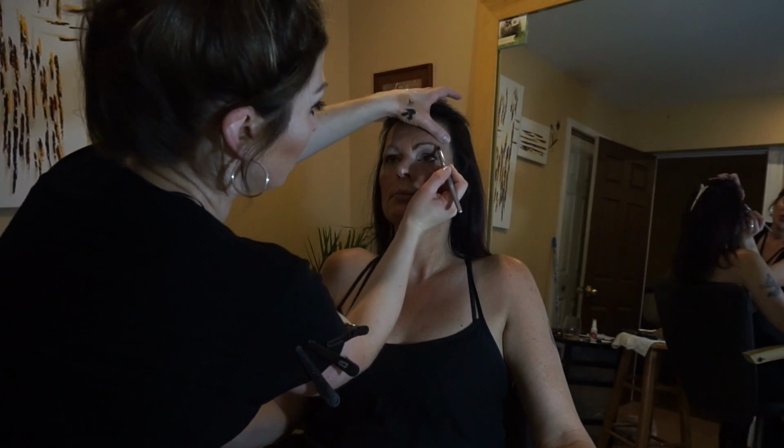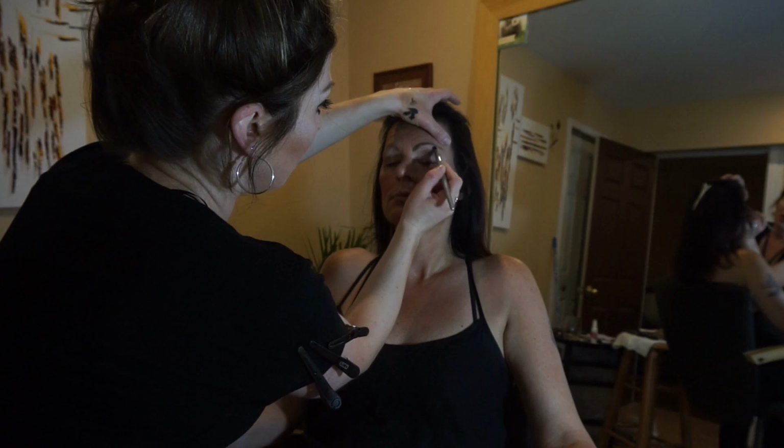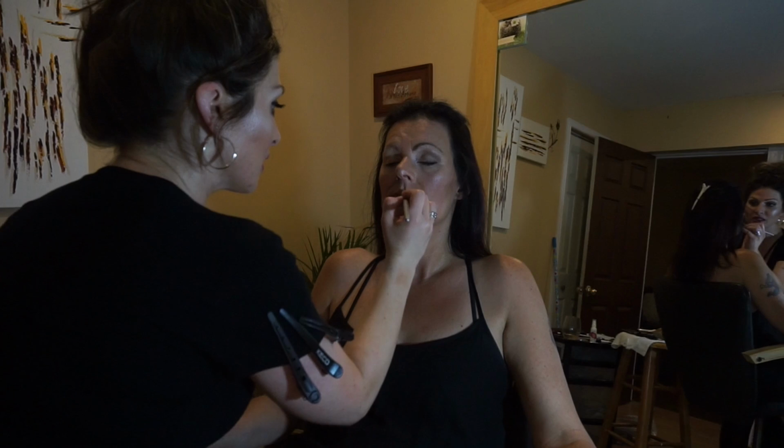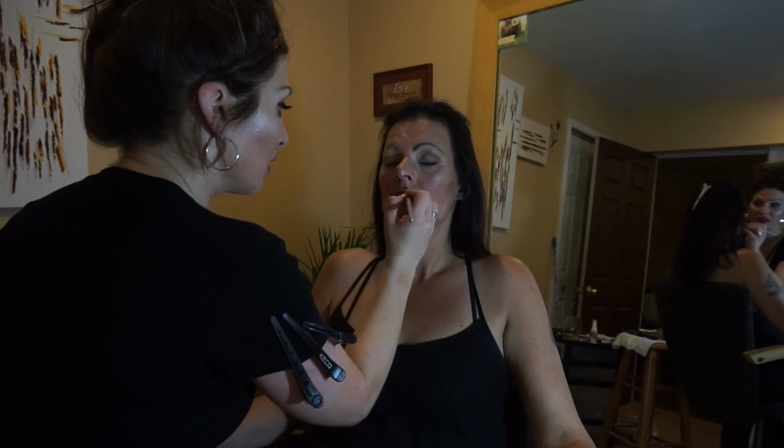So this is where I'm going to start with my liquid glow, and this here is a really nice liquid highlighter. It has a lot of benefits. I'm going to go ahead and use this with a concealer brush, only reason being I'm going to apply it to more than one place. Focusing here again under the brow, I really want her eyes to pop, but without adding too much color. The liquid glow is a nice way to add that extra hint of shimmer. And then right in the Cupid's bow, because this is a great place to highlight to make the lips look